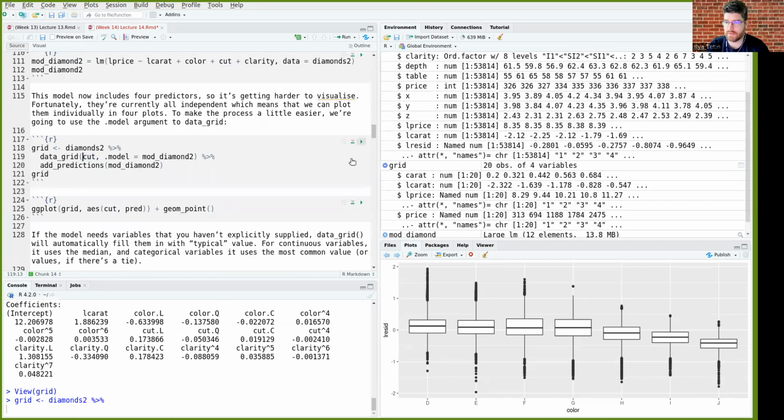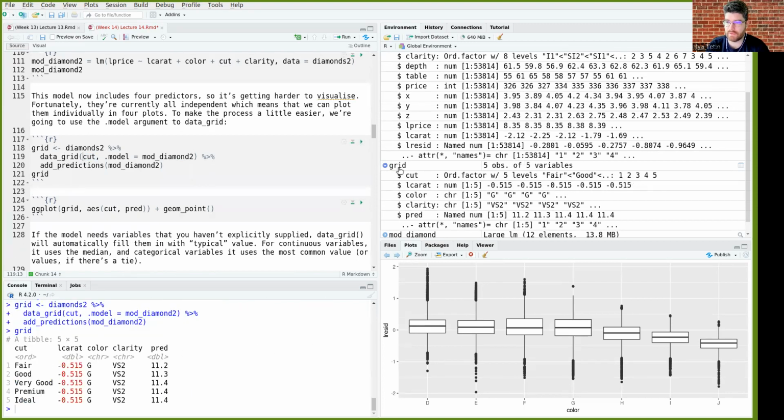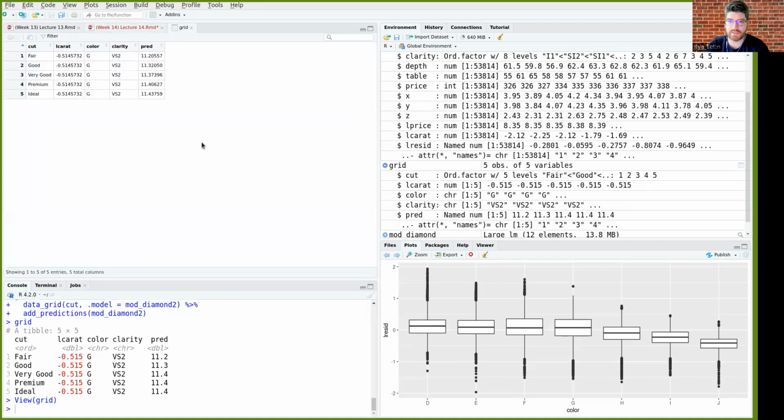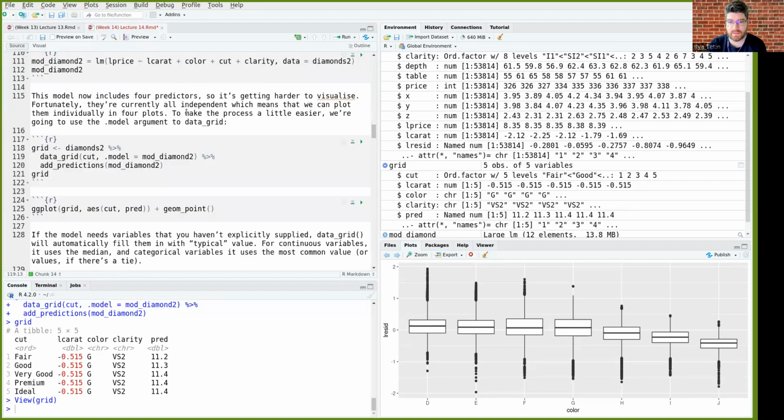So here we are, our grid value variable modified, and we also can see this here, the view of grid. So our carrots is the same. We just care about the cut, which is fair, good, and so on. And here are the predicted prices. Again, we need to take 2 to the power of this to get the idea of how much each diamond costs. So let's plot